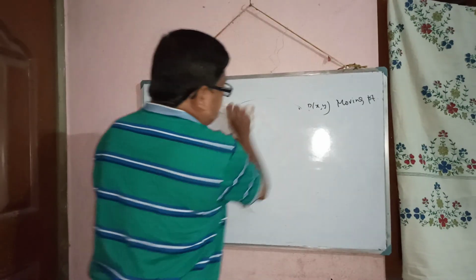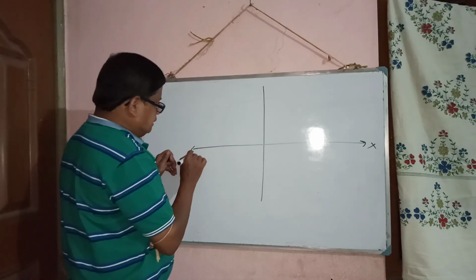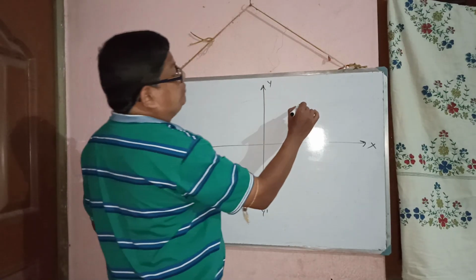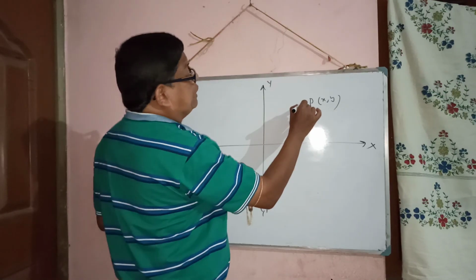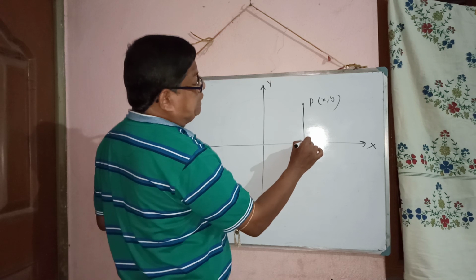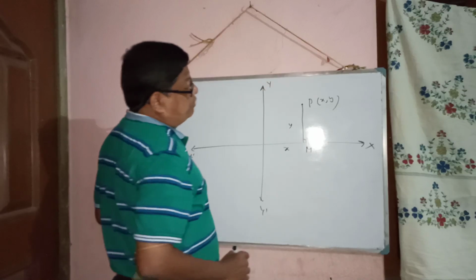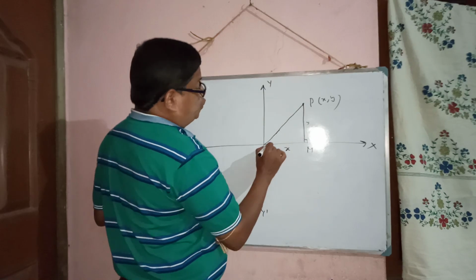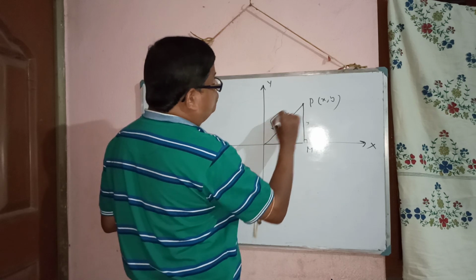See one thing. Wait, I am telling. Suppose I am drawing here. Look at here. So this is x axis, x dash, y dash. Suppose P be any point, x y. Now here draw a perpendicular. Suppose this is x, this is y, perpendicular. This value is y. Just you have to join. So this is perpendicular, so this will be root under x square plus y square.